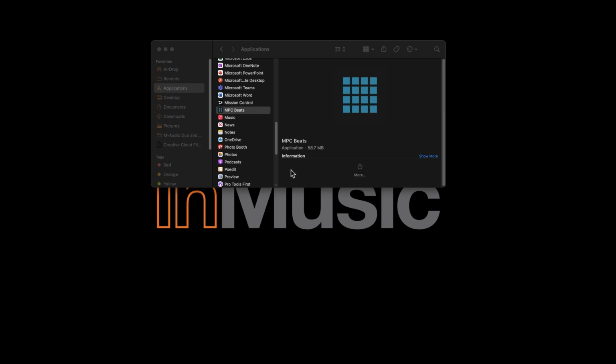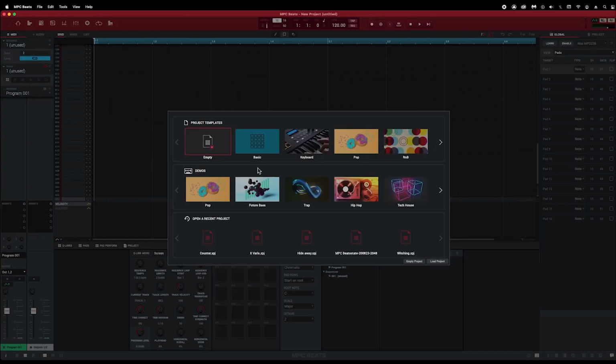At last, the moment we've been waiting for. Navigate to your Applications folder and double-click MPC Beats. When MPC Beats opens, you'll be prompted to start a new project from scratch, or select from a variety of pre-made project templates. I myself used the basic template when I was learning how to use MPC Beats, so let's